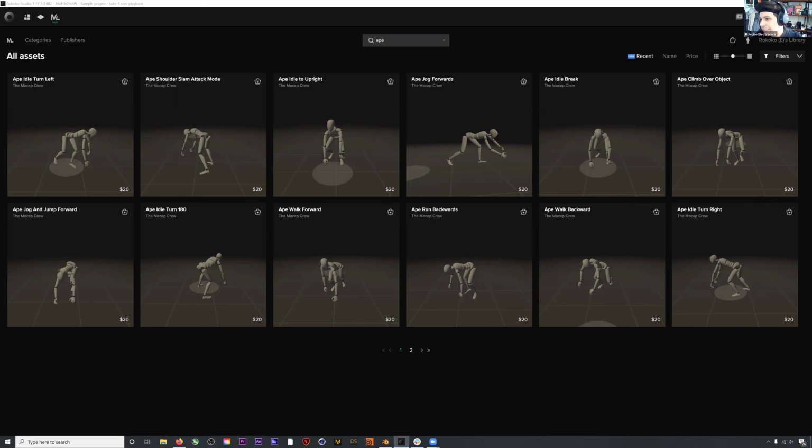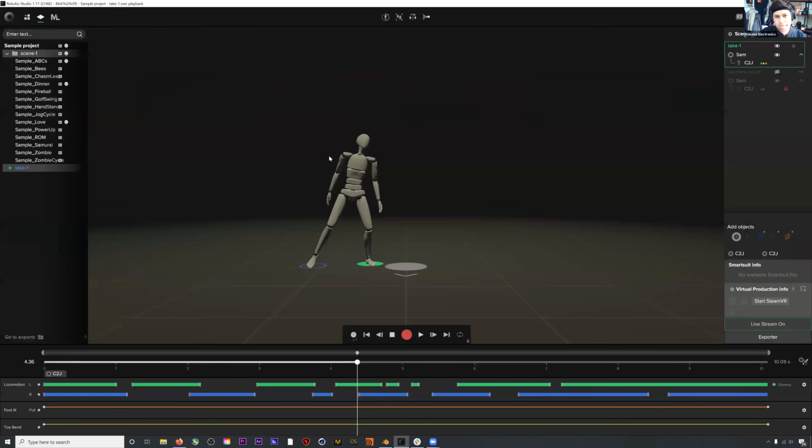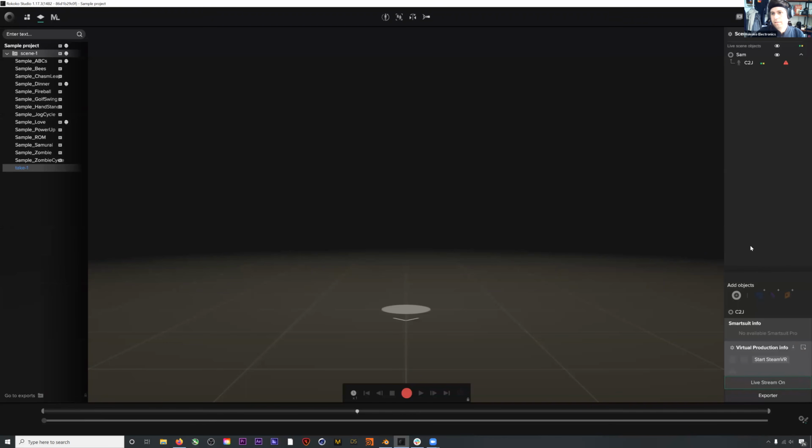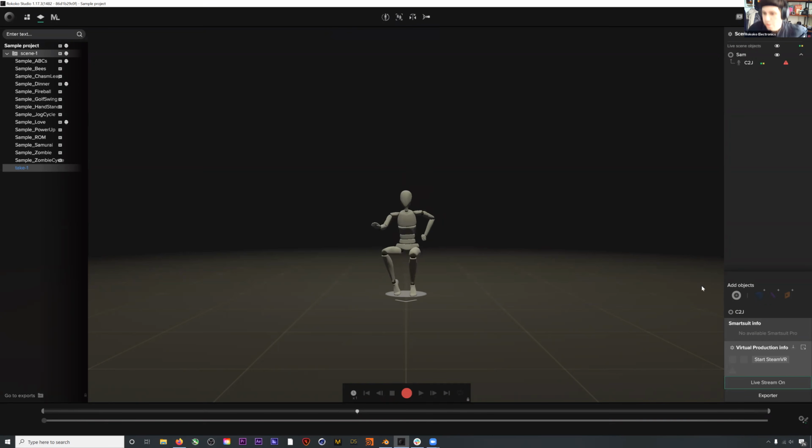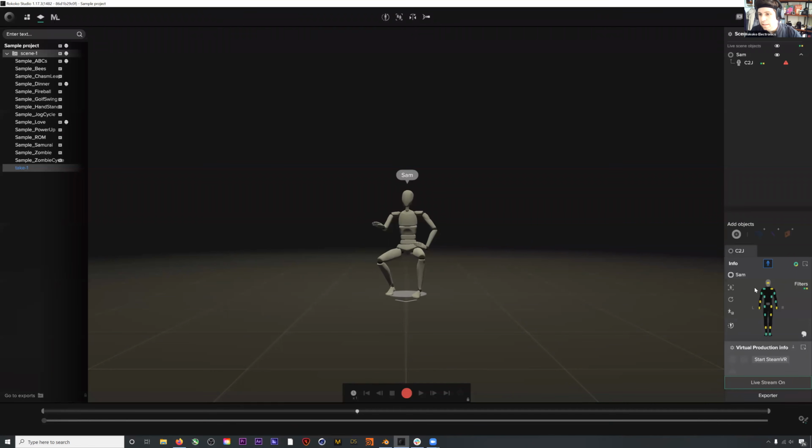What is the approximate data rate to transfer for one suit via Wi-Fi? So, the approximate data rate of your suit. And am I still plugged in? Where am I? Did I drift somewhere? Hold on. I'm going to do another straight pose, and we can see it live. So actually, no,